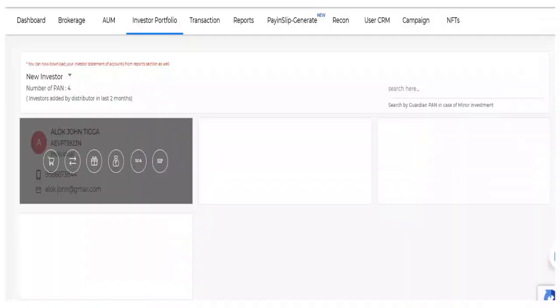Once you click on search, or once you open this investor portfolio tab, by default it is going to show you new investors. In this example, let's assume you click on any investor's tab, or you put the cursor there, you are going to find all these options. The first option is purchase. If you want to